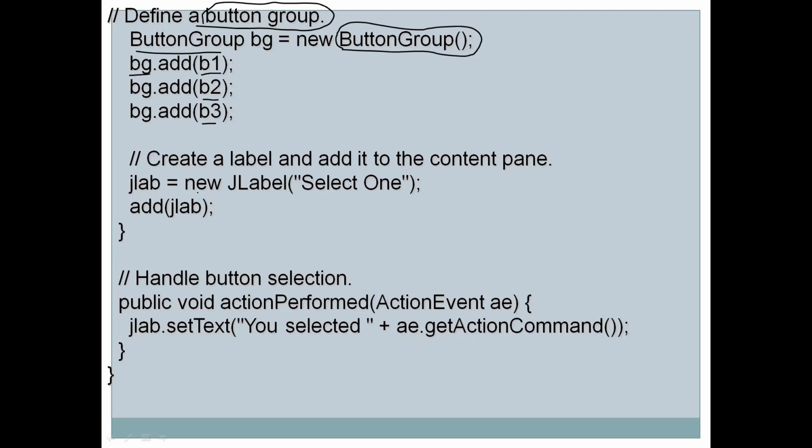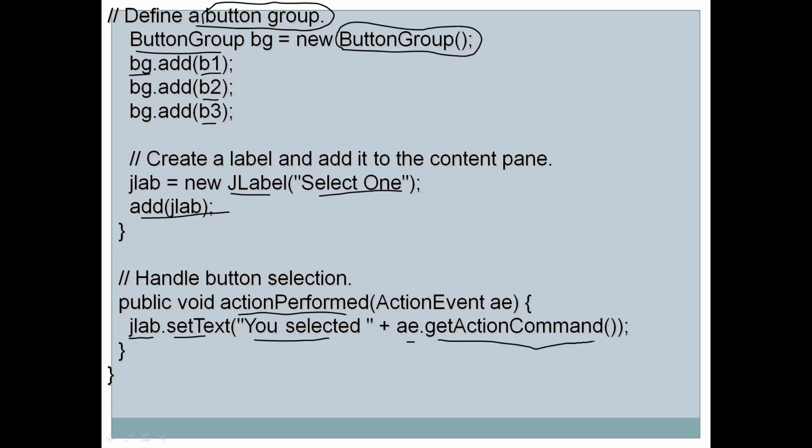Then we are adding a label with the text select one, and that is added on the container. Now how has the event been handled? Now you can see public void actionPerformed. Our class is implementing ActionListener, and as it is implementing ActionListener, it should provide us the method actionPerformed. So in the actionPerformed, we are displaying jlab.setText you selected